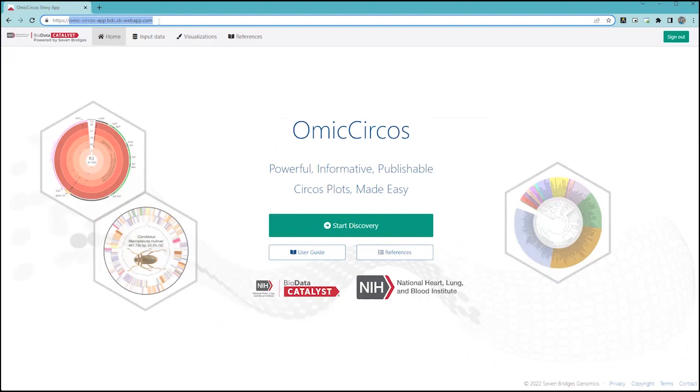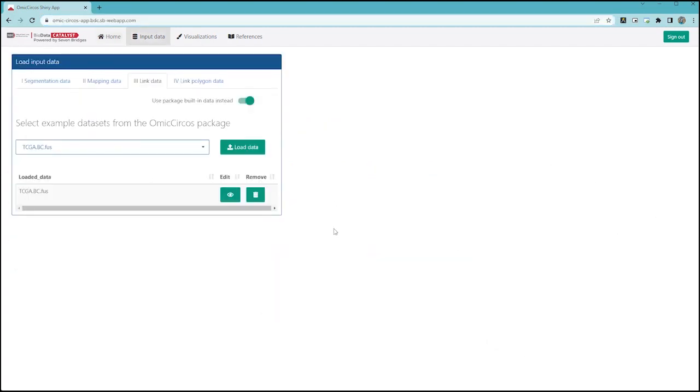So this is an interactive way to do your analysis, and it works very well for things at the end of your analysis, like visualization, because the data is already reduced in size and you want to fine tune things. Of course you have a user guide here and references. If you click Start Discovery,